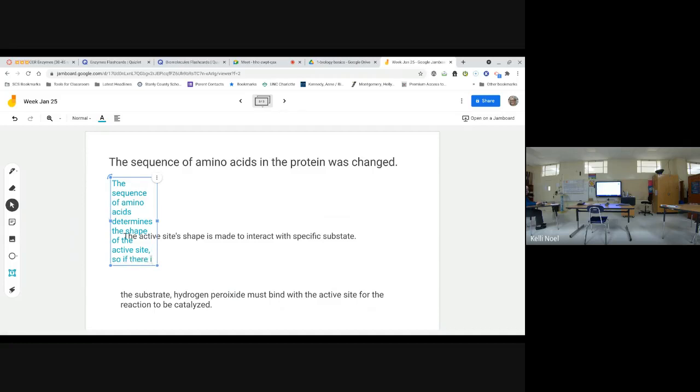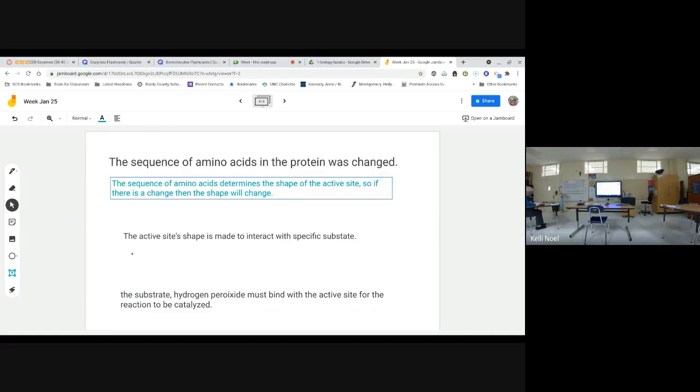So if there is a change in the sequence of amino acids, then the shape will change. A little bit repetitive, but